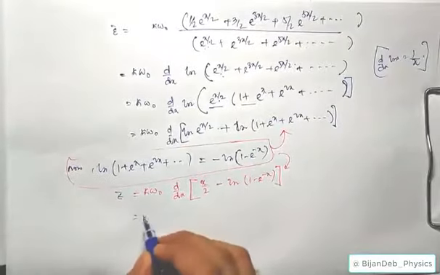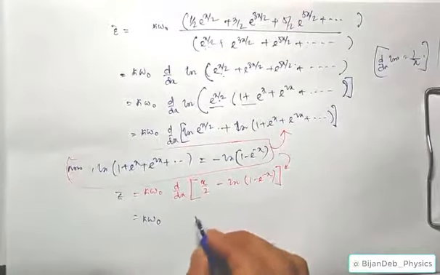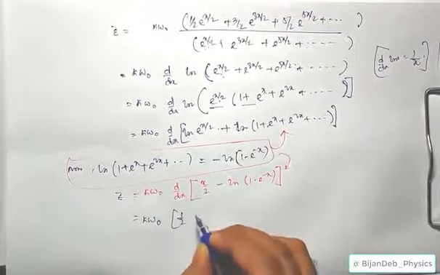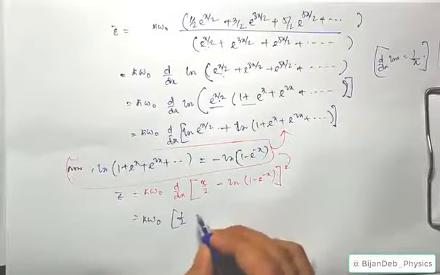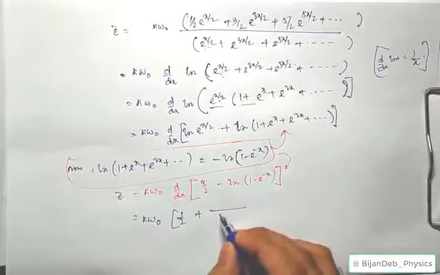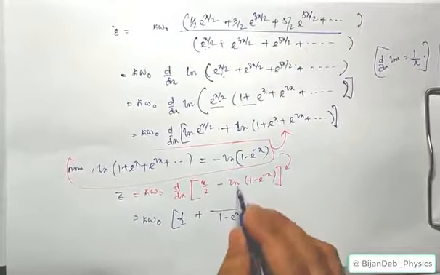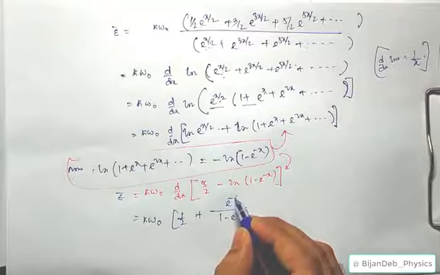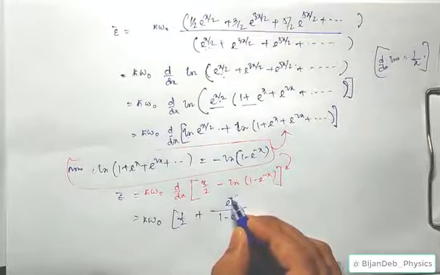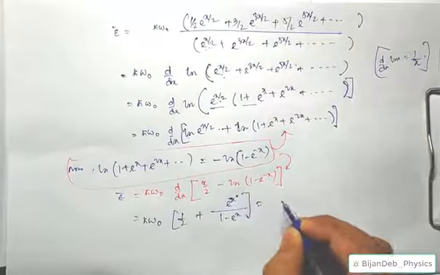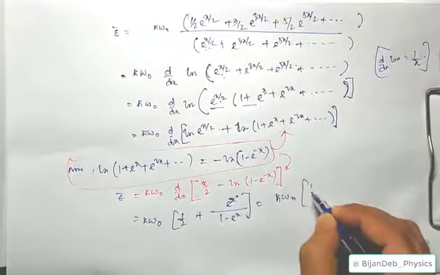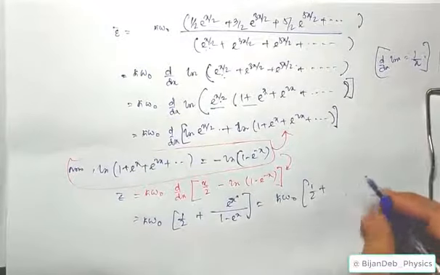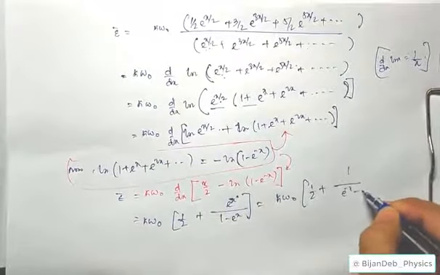So now what will be this value? You further simplify this. d/dx of x by 2 will be obviously half, and this if you substitute, d/dx of ln x is 1 by x, so it will be minus e to the power minus x. Again if you take minus or minus a plus, it will be e to the power x. Okay, so e to the power x. Now if you further simplify, h cross omega 0 half plus, if you take e to the power x in the denominator, it will be 1 over e to the power x minus 1, like this.